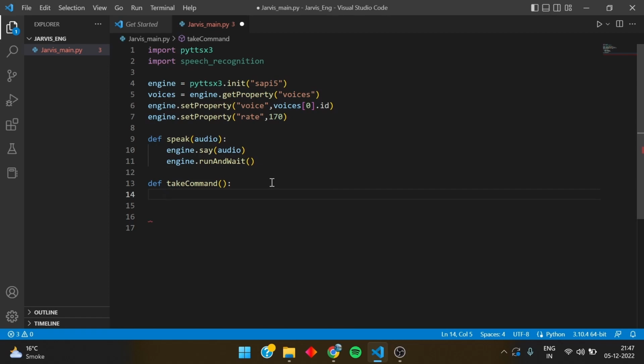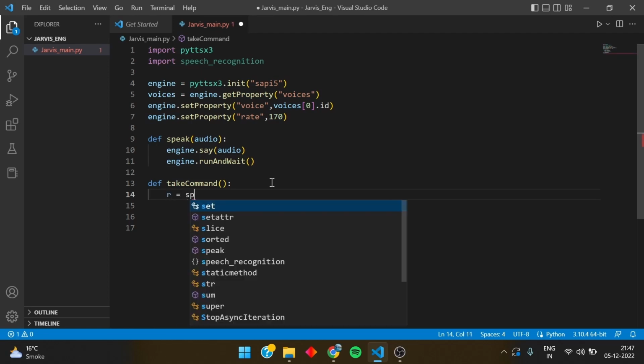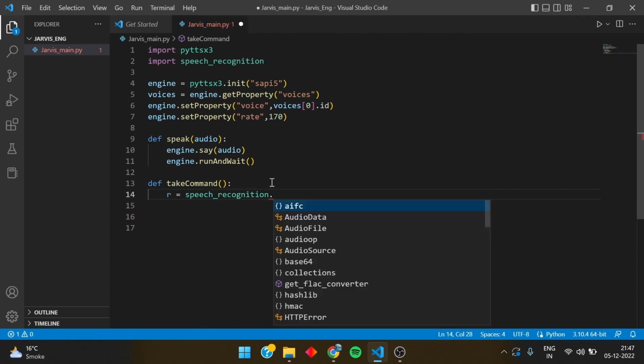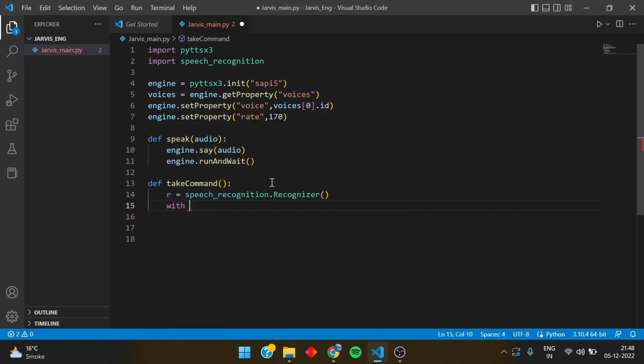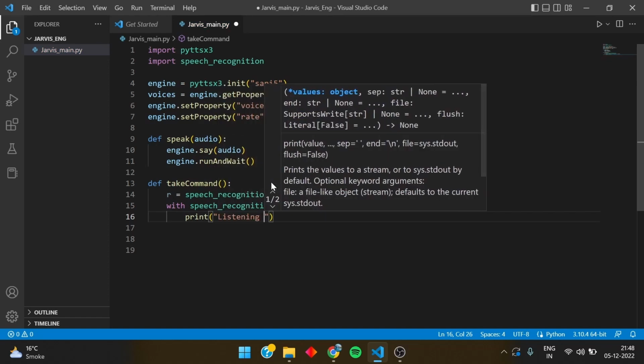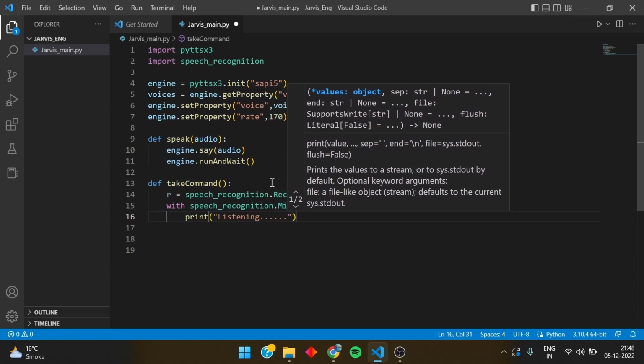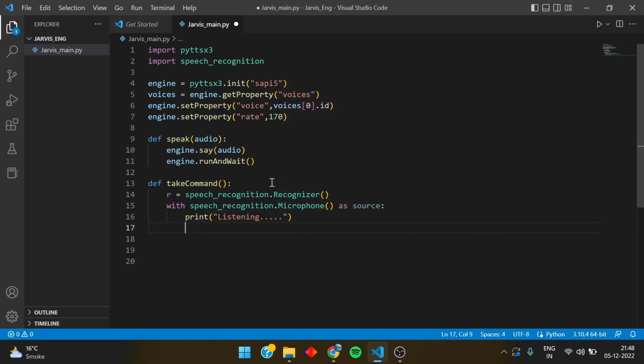We have to import speech recognition, and now we can write something like r is equal to speech_recognition dot Recognizer, and then we can write with speech_recognition dot Microphone as source. We can print listening, okay, listening, and then we can write r dot